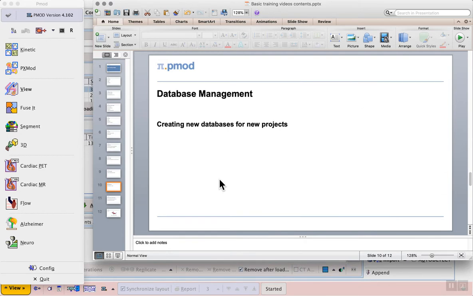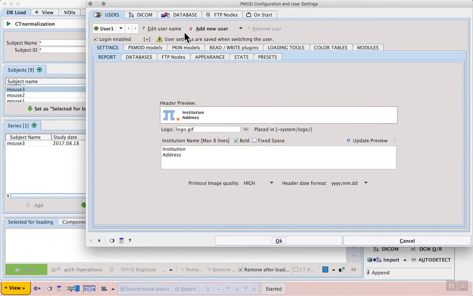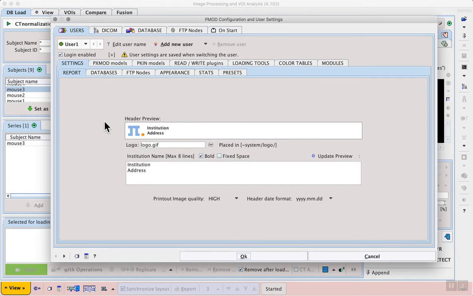In this exercise, we will create a new database and illustrate how data can be transferred between an existing database and that new database. To create a new database, open the user's configuration from the main Pmod toolbar. Then, within the configuration dialog, select the Database tab,